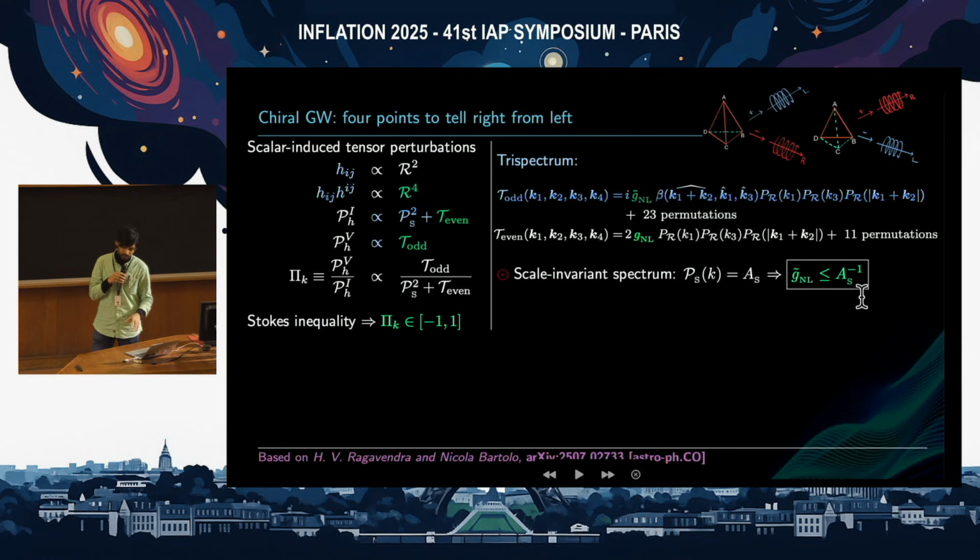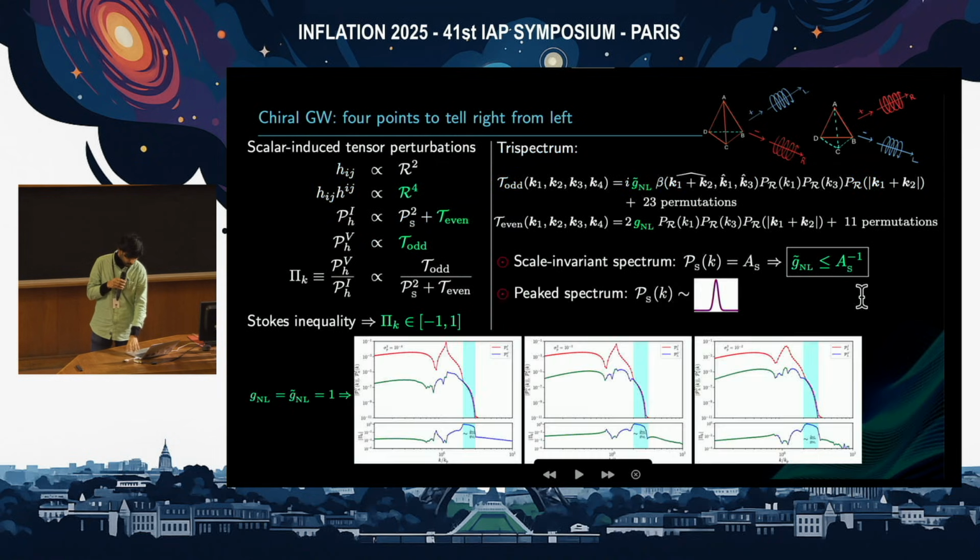has been assumed for simplicity for the first case. It is not so much of a great bound over large scales, but over small scales, if AS is very large, this can be a tighter bound. If we substitute a more phenomenologically motivated model of peaked scalar power spectrum, then we see some interesting dynamics, particularly in a regime close to the peak where the chirality can be as large as 1 to 100%. There is a tail region where chirality can be 100% and is directly proportional to the contributions arising from primordial scalar non-Gaussianity, unscreened by Gaussian contributions, and all of this large degree of chirality is achieved just with representative values of GNL and GNL tilde to be 1.